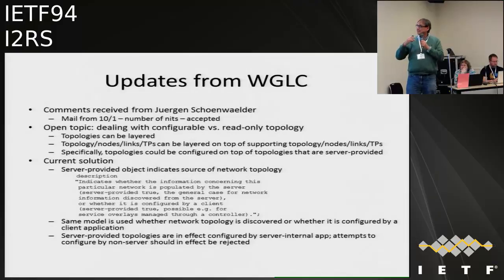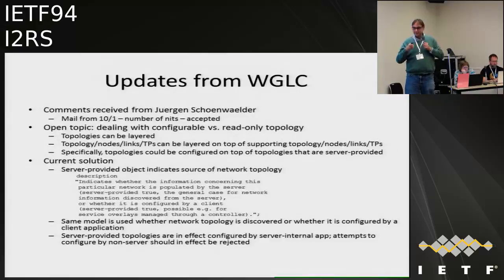Now, the issue comes with the fact that some topologies can be server provided. The idea is that they can be discovered from the network. They come into being by discovery, populated by the servers themselves. Whereas other topologies, specifically overlay topologies, would be configured by a client application on top of that. And so the current solution is that we have one model which